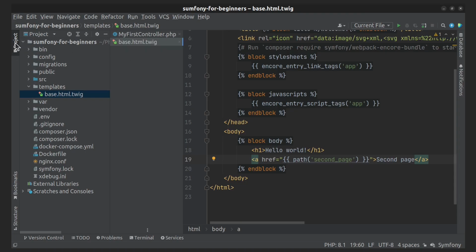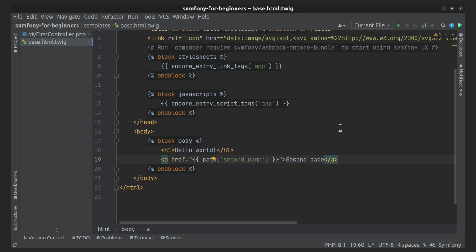You can also pass the route argument as the optional second parameter. For example,